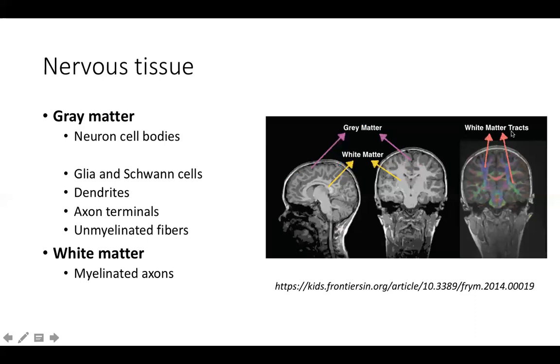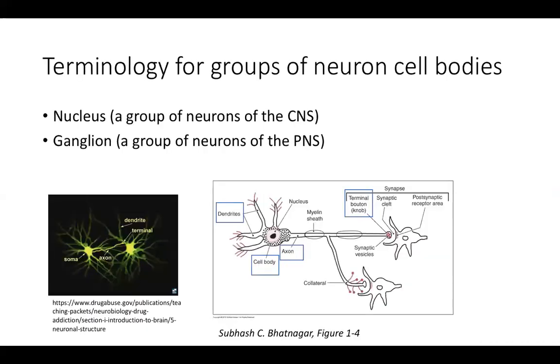We'll discuss a little bit more about sagittal, coronal, as I discussed before. But that's essentially the division of gray matter and white matter. Again, just to summarize, gray matter being mainly cell bodies as well as some of the other elements we mentioned, and white matter essentially being those myelinated axons that connect neurons to each other.